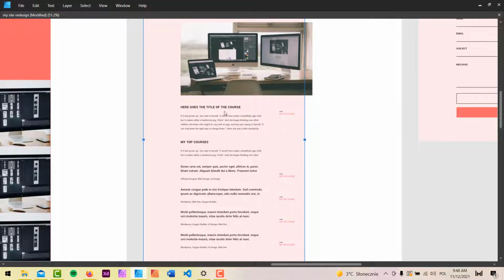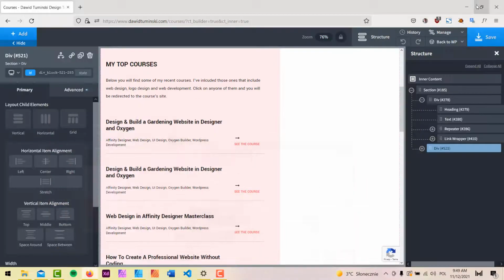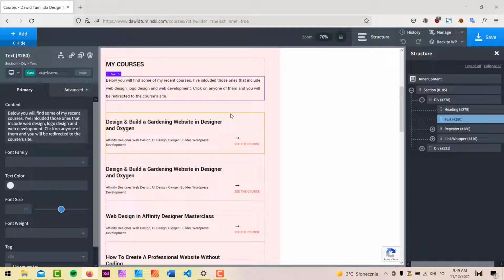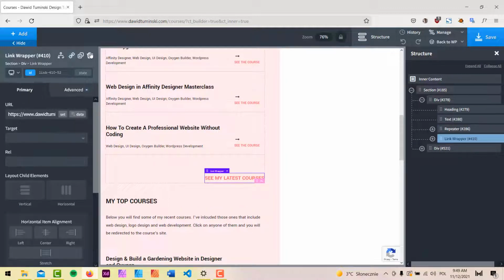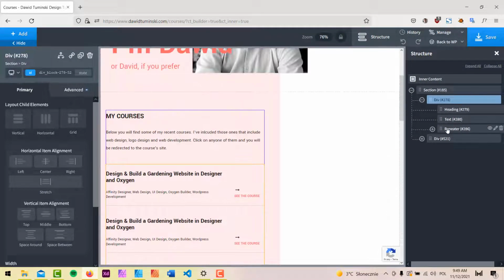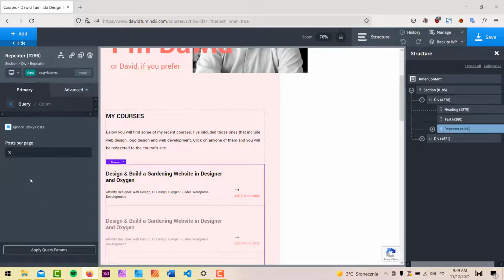And if I just take a look at, again, right here, so I got my courses, and then I got my top courses. So I'm just going to do my courses. I'm going to leave this piece of text. But of course, this list, this repeater needs to look different. I'm going to remove this link wrapper, this link basically here, and I'm going to grab the repeater, and I'm going to go to query, and I'm going to go to count, and I just want the 1,